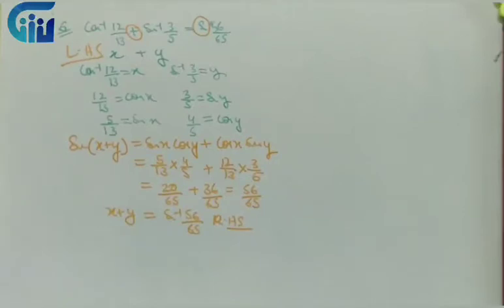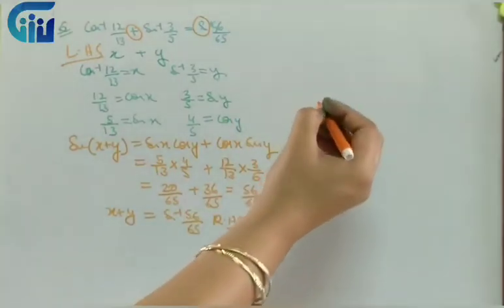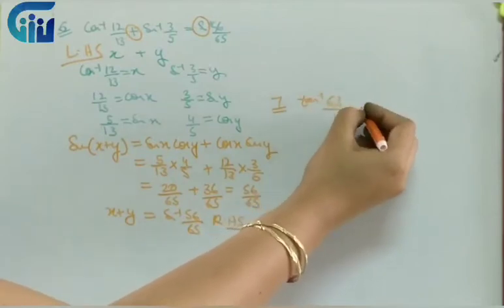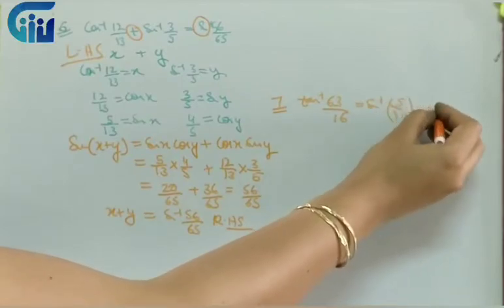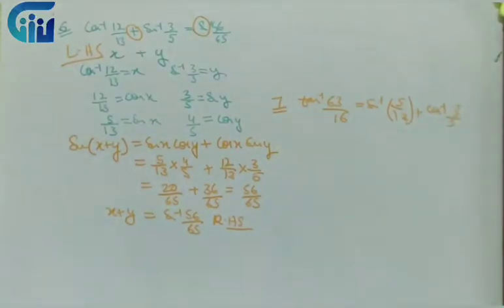Similarly, if I have a question like this, let me write the next question, question number 7 over here. So what we have, question number 7 is tan inverse 63 by 16 is equal to sine inverse 5 by 13 plus cos inverse 3 by 5. Now over here what do we have? We have sine inverse, cos inverse as well as we have tan inverse. So what we will do is we will change now over here both the terms of right hand side to tan because we have formula of tan. Or you can write it as x plus y and apply the formula of tan(x plus y). Both the ways it is correct, right?